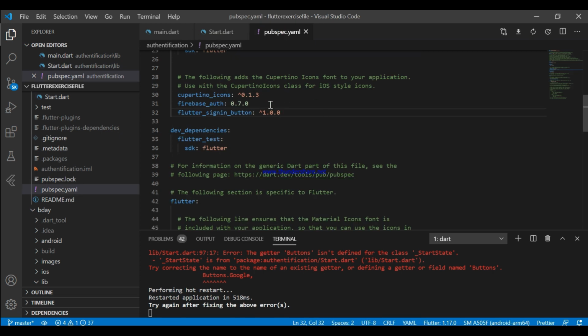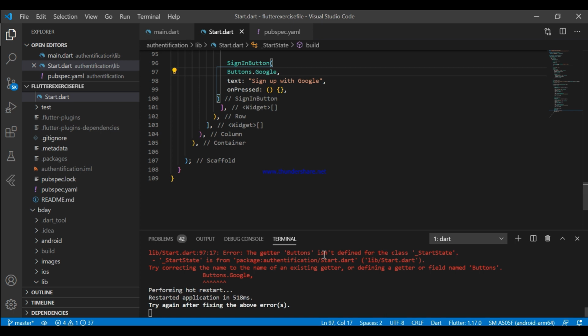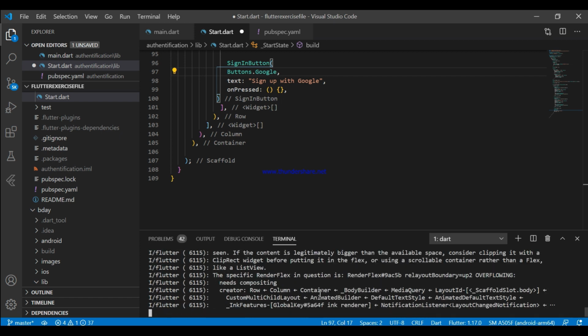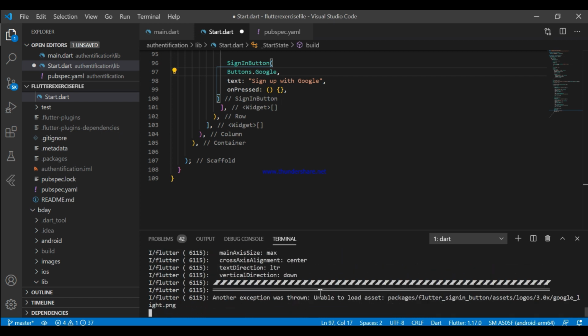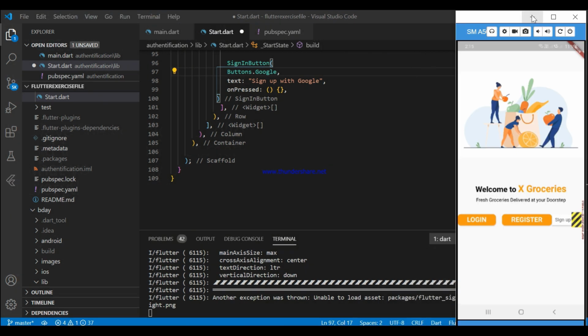Let's re-import the package. Flutter pub get running. Now restart the app. Hot restart. I guess the package is imported now.